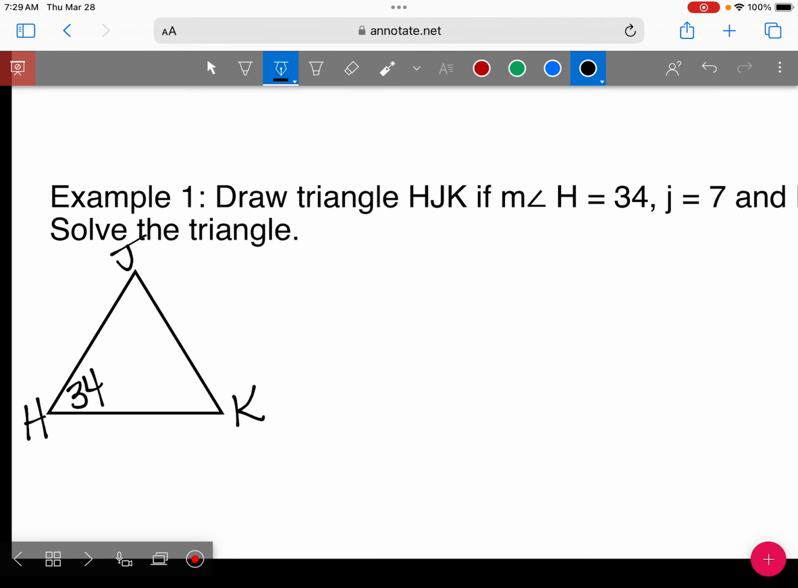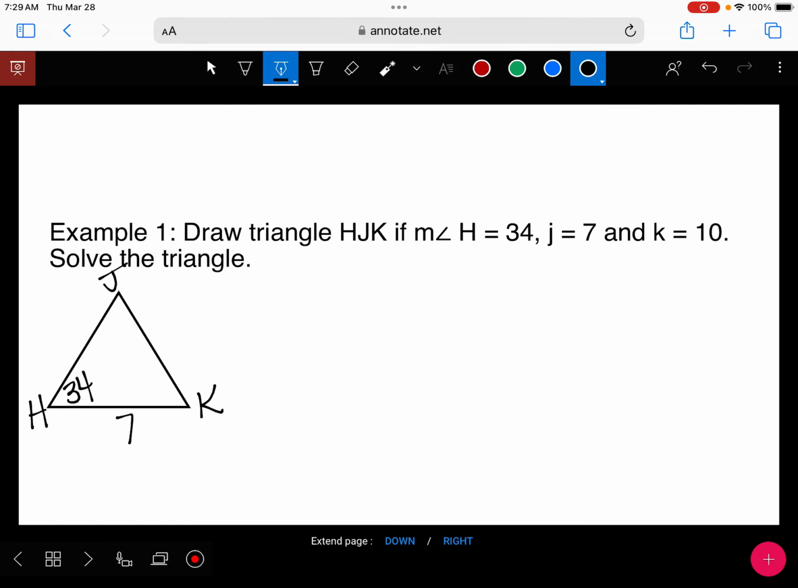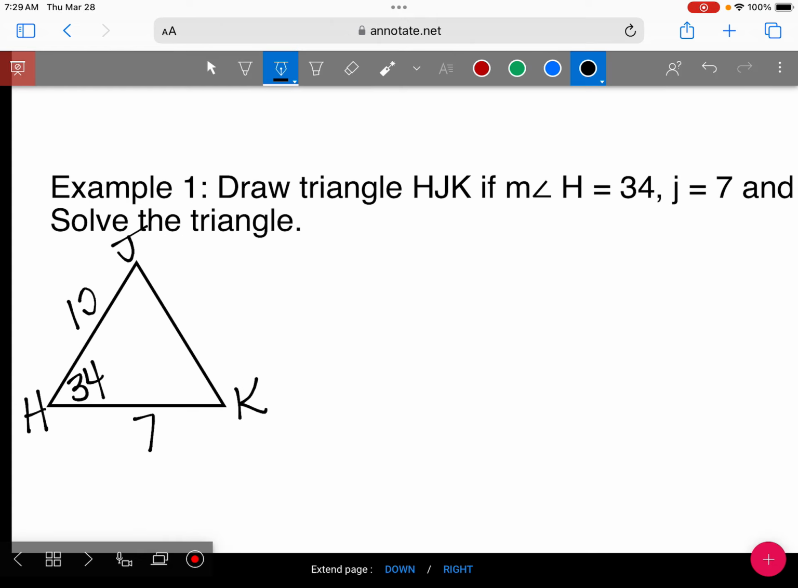Okay, so let's go ahead and finish this out. Little j is 7, and little k is 10. So with this information we have to start by finding the side opposite of the angle we know. So that means we're going to find little h. All right, so I'm going to write out the law of cosine using the letters that we have in this situation. So that would be h squared